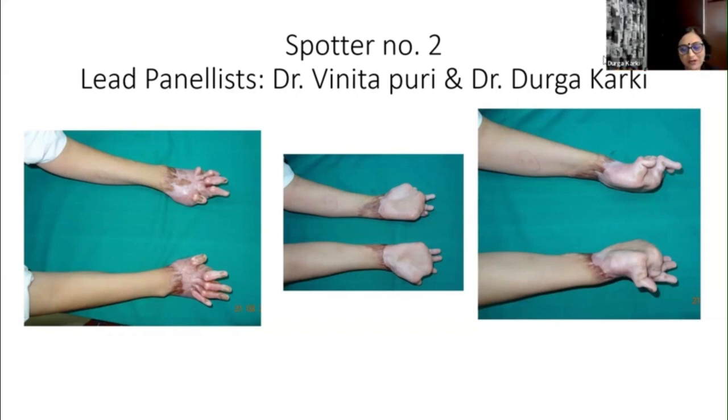I slightly differ with ma'am. I would like to release this dorsal contracture along with the skin, because skin is very unstable. So I plan to release dorsal so that the MP should be flexed almost about 70 degrees, and the web space to be released, maybe the skin and maybe some part of adductor release.